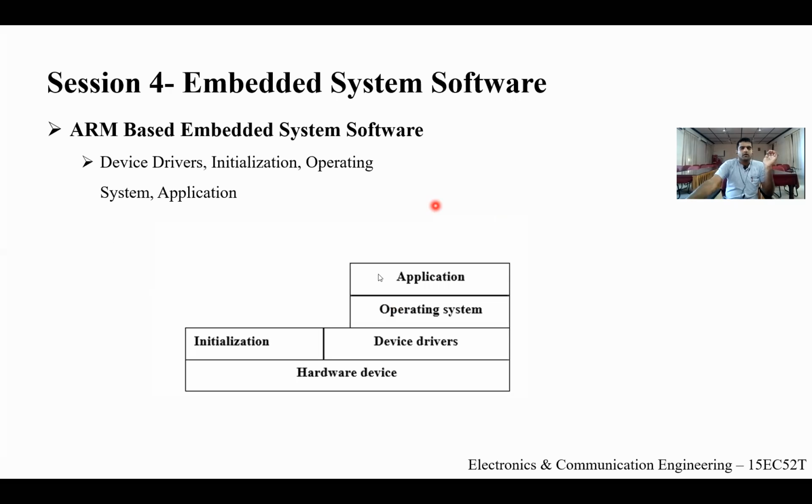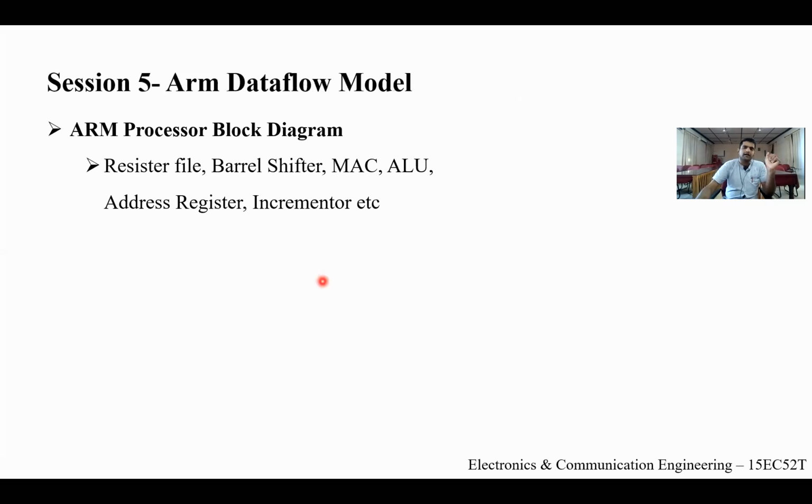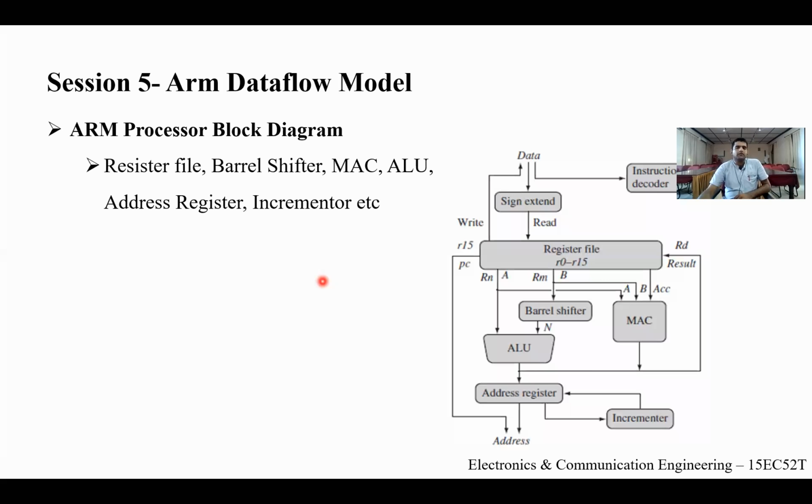These are the building blocks of embedded system software. In the next class, we studied the ARM data flow model. How data will move from one block to another block in ARM. There are sub-blocks in the ARM block diagram: register file, barrel shifter, ALU, address register, MAC, instruction decoder, sign extended unit,